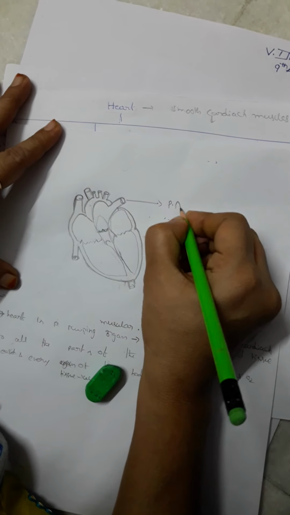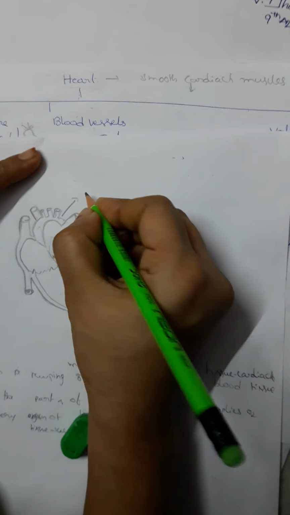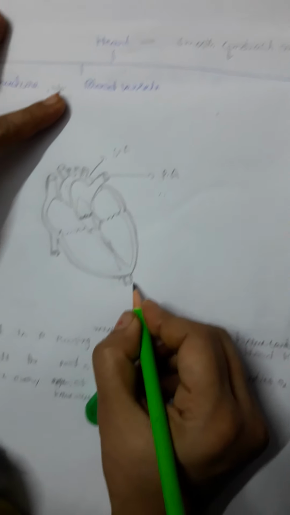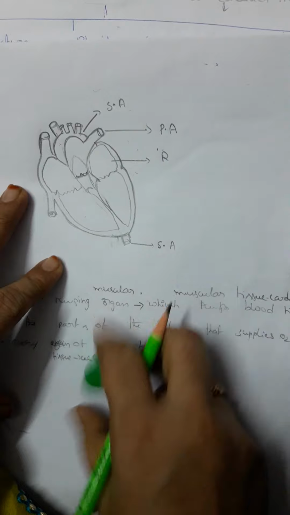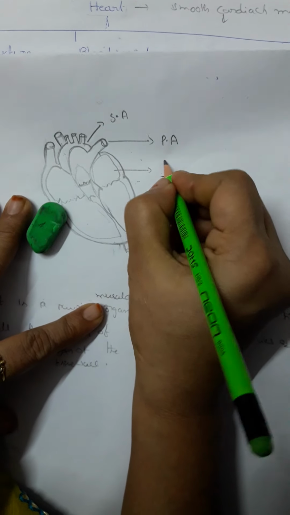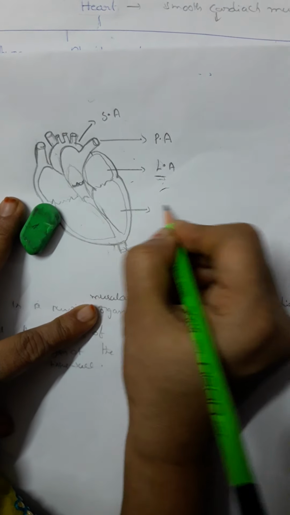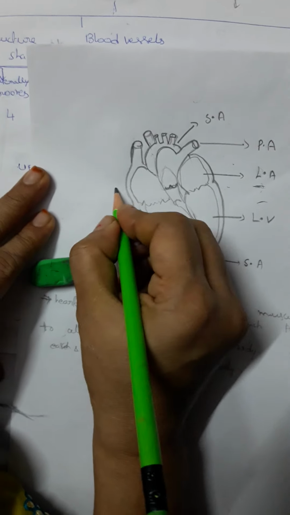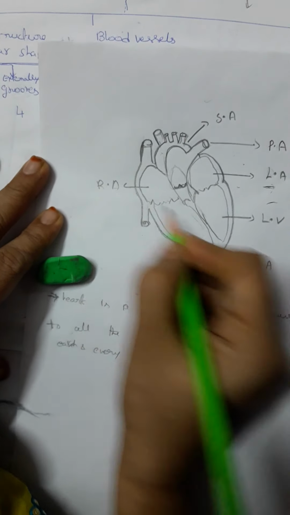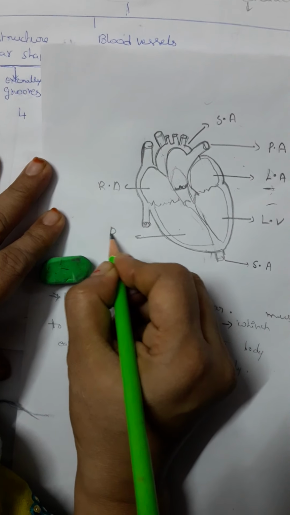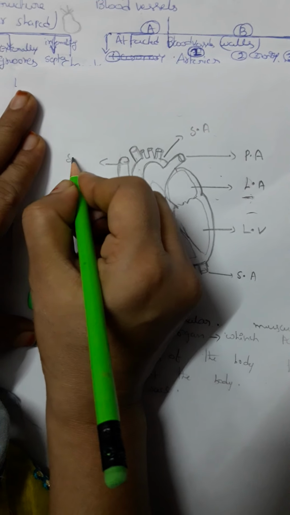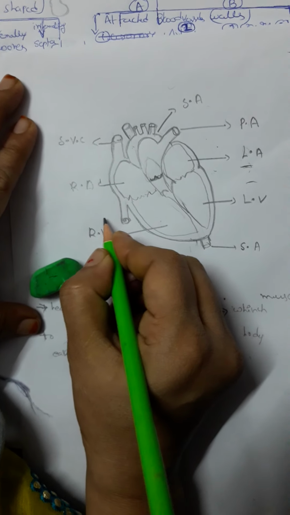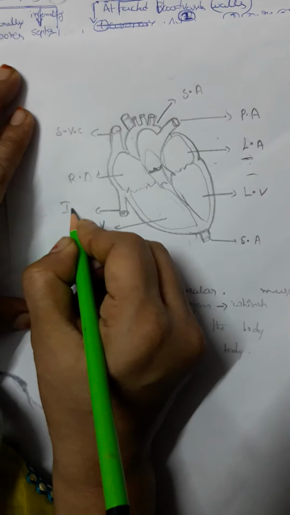This is the pulmonary artery, and this is the systemic aorta, which continues here, systemic aorta. Right, left auricle, left ventricle, right auricle, right ventricle, inferior vena cave, superior vena cave, inferior vena cave,